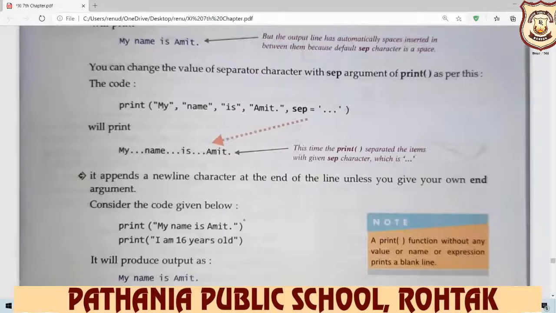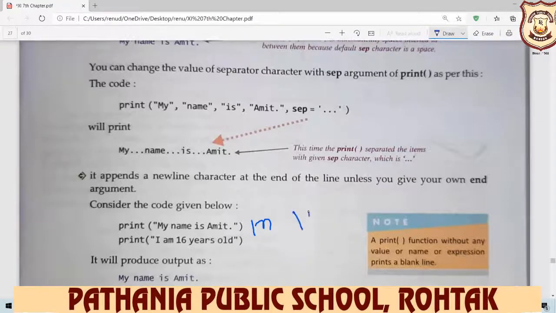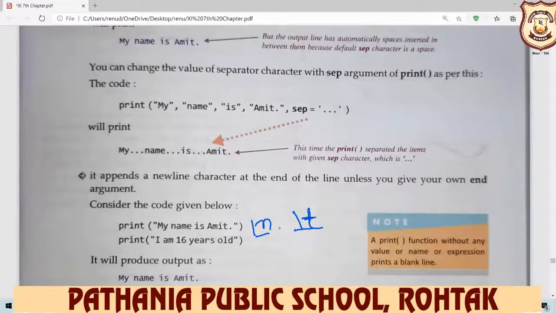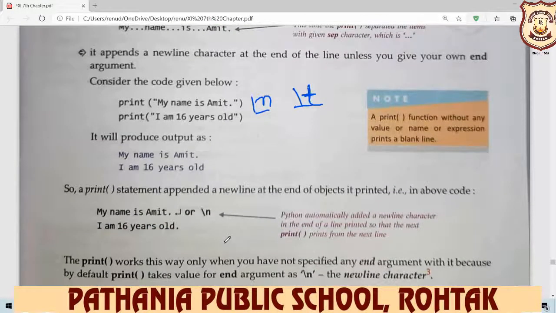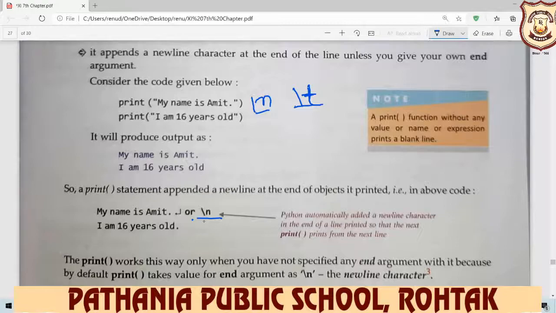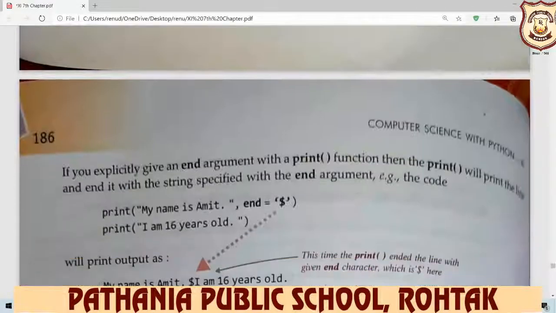If you want to give space, you use backslash t, which is used for the tab space, and backslash n is used to move the text to the next line. Like this, when you use backslash n, your value will be entered in the next line.